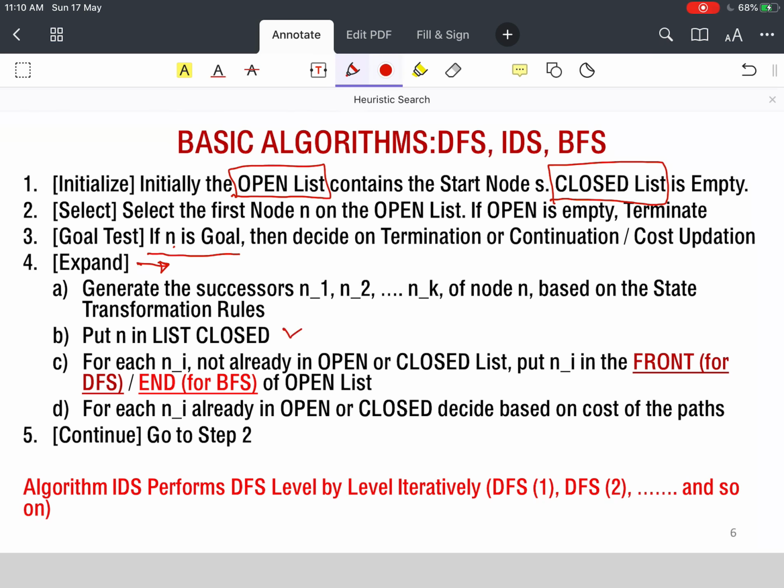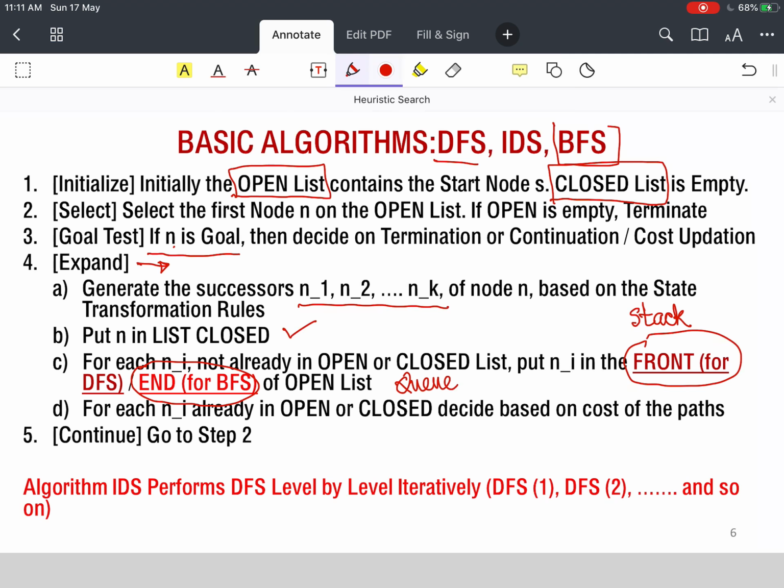We put this node in closed, we generate its children, and depending on whether the children already exist in the open list or not, we put them into the open list. In depth first search, we put them in the front of the list. In breadth first search, we put them at the end of the list. So in depth first search, we use the stack data structure, and in breadth first search, we use the queue data structure, as we have already discussed. And we go on repeating this.